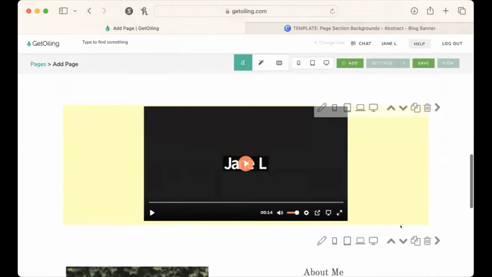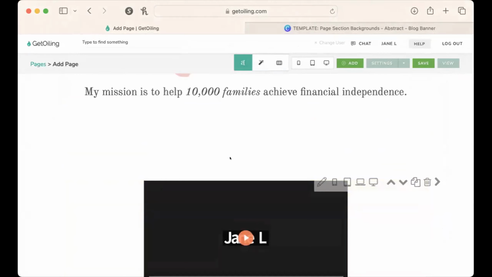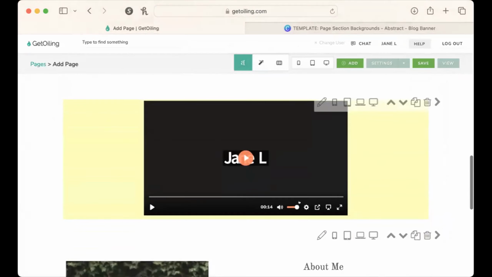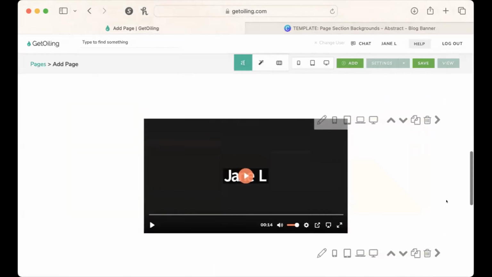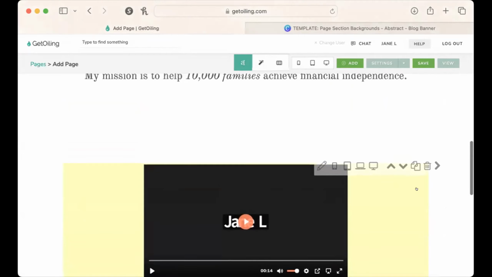You could also give this a shadow, right? Which is pretty cool. So you want to make sure that you are really framing the place where you want their eye to be drawn. If it's a very important thing that they need to see, I would encourage you to not have any other competing stuff in its section. So having a busy background is not going to be helpful here. If you really want to have some amount of color,